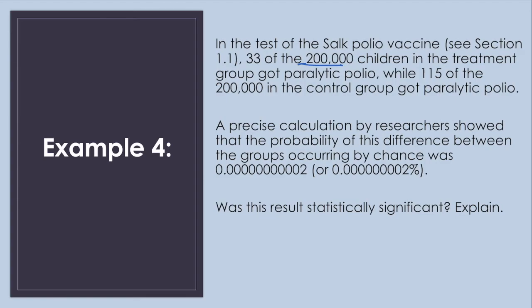They did a precise calculation, we're going to talk about how they did this in future chapters, and found that the probability of this difference in our groups occurring by chance was 0.0000002%. Would you say that this is statistically significant? Yes. Not only is this much less than 0.05, it's also a bunch less than 0.01. So we would say this is statistically significant